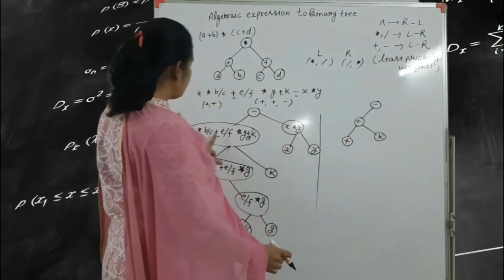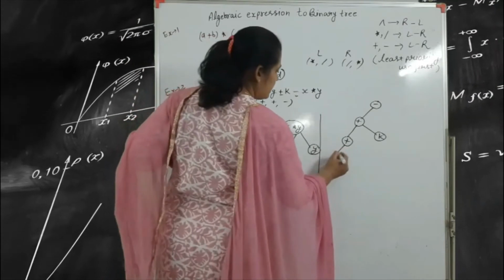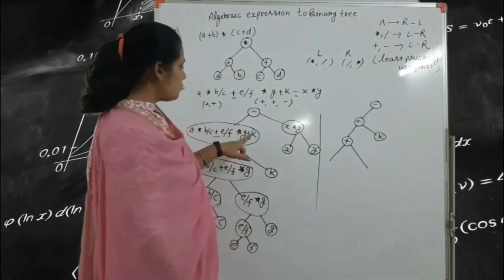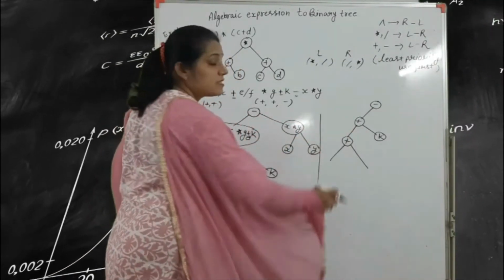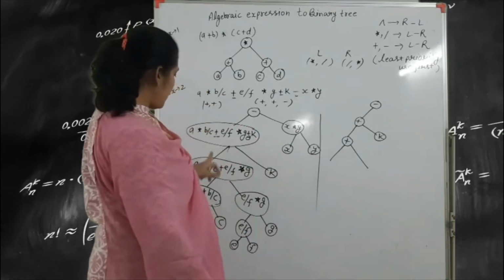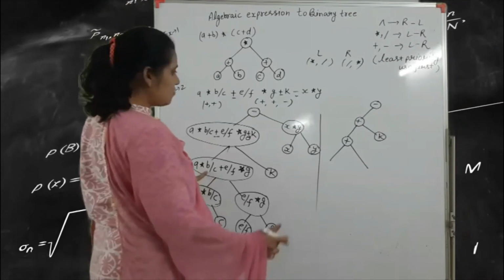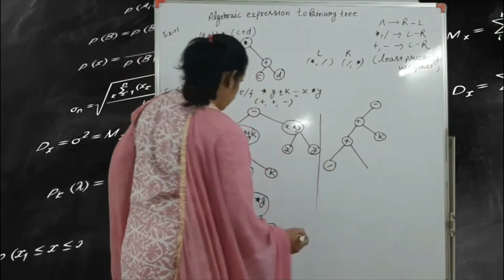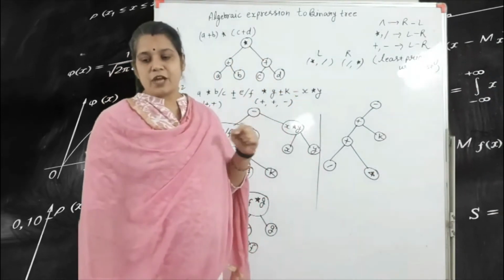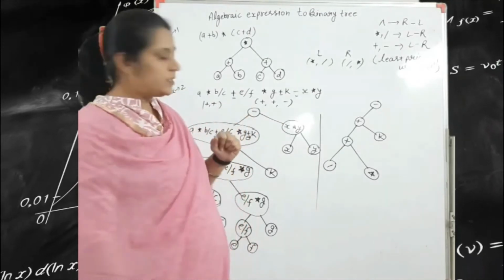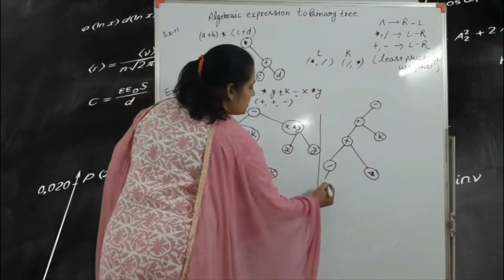So all these values, let's say, according to the plus sign again. Okay, this plus sign, so you have according to 1, that means at this point and this point. Okay, so first here you write K, and according to the left hand side, again you choose the plus sign. After the plus sign, you have the left hand side at this point. So according to this, the left hand side is what? Slash. Okay, and here the left hand side is what? Star. Got it? So plus, slash and star. Okay. Next one is the slash sign. So this slash sign right here. So next one is the star sign.